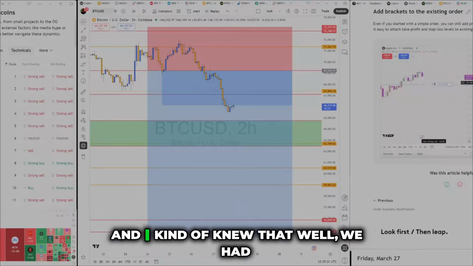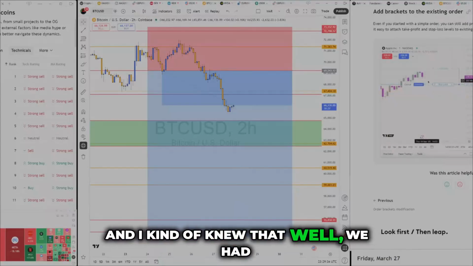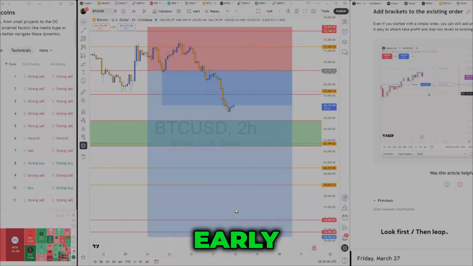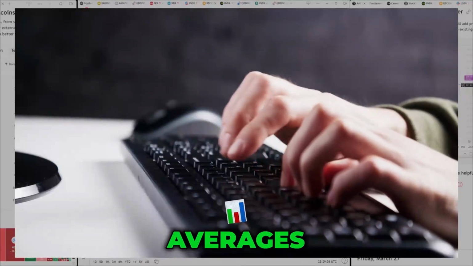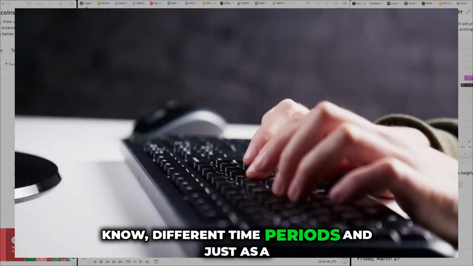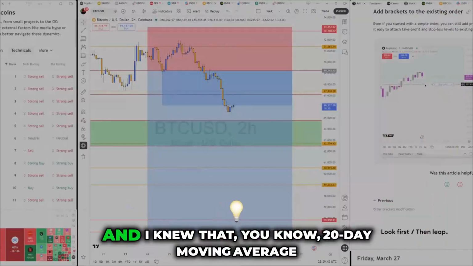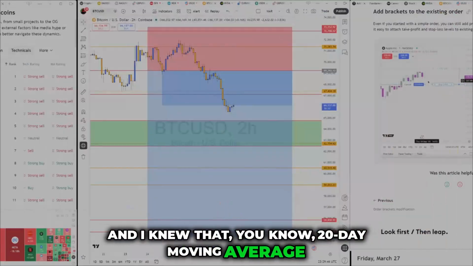And I kind of knew that. Well, we had tested moving averages over different time periods as one of the early things we did, just as a basic, very simple approach. And I knew that, 20-day moving average low, 6-day moving